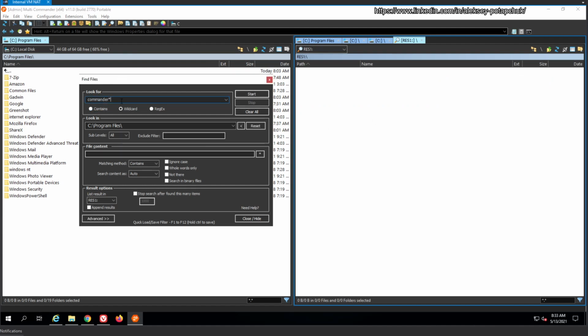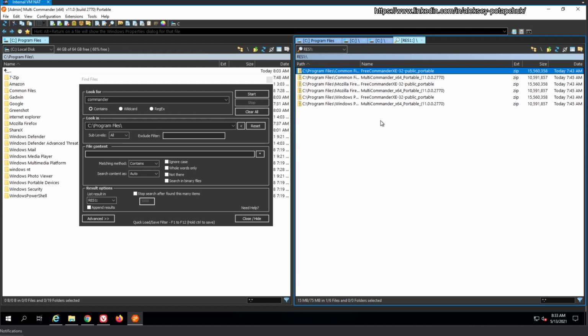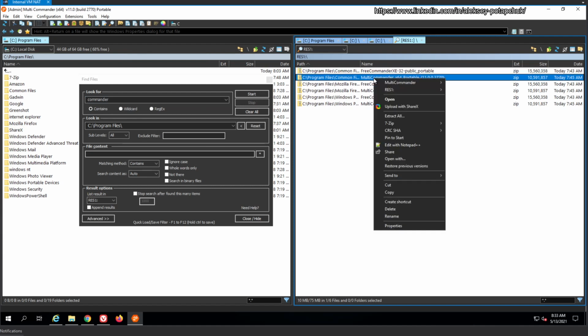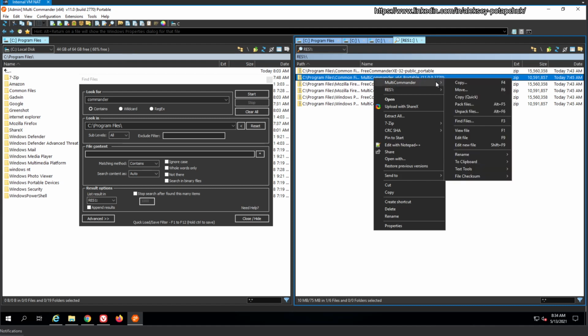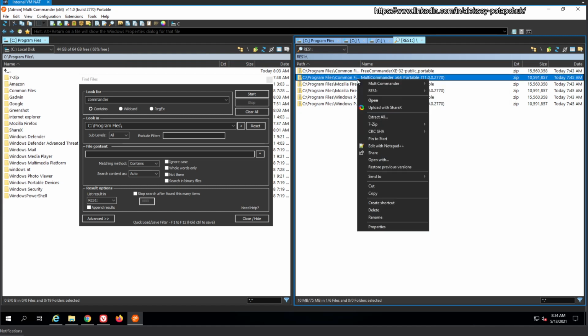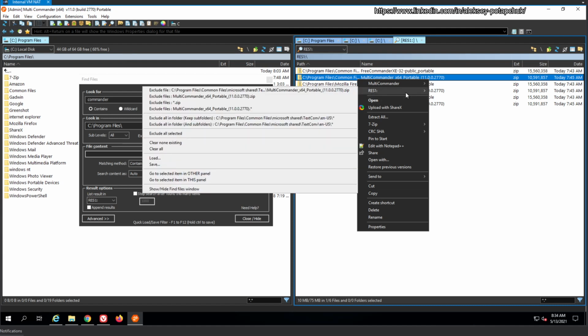Okay, and the asterisk here counterintuitively doesn't provide the value. So we are going to start, and here it found a list of them. Just a normal file window, move, unpack files, find files, edit file, rename to clipboard? Okay, what can I do in order to go to the same folder? Open with properties. So if I want to go to the folder where it is contained, exclude folder, clear